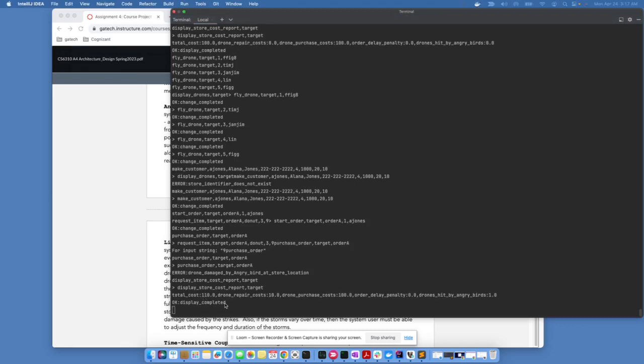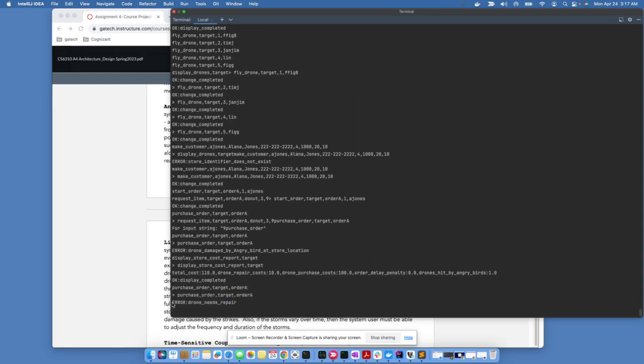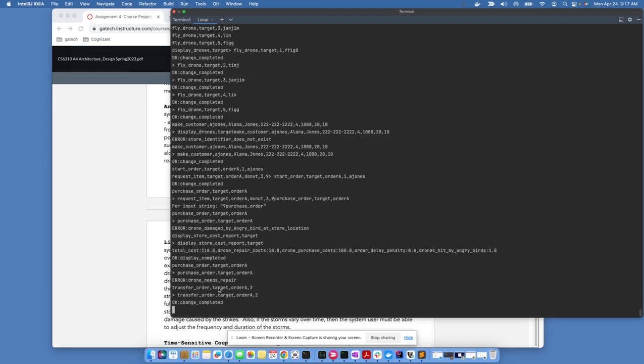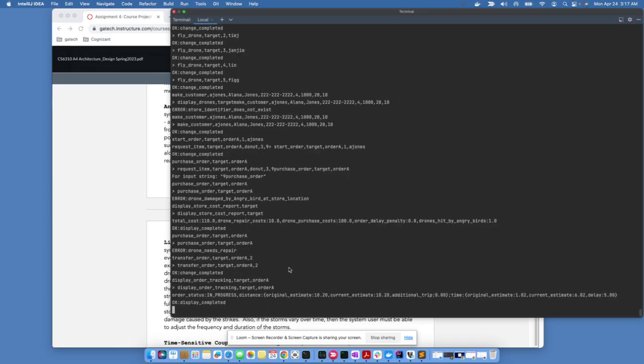If the store reattempts the purchase using the same drone, we just throw an exception that the drone needs a repair. So at this point, store can decide whether it wants to reattempt. Let's say they do. Using a transfer, they transfer the order to another drone if it's available. And we use a display order tracking to know the mileage of the order. So here we add a delay of 5 units for every transfer that's done